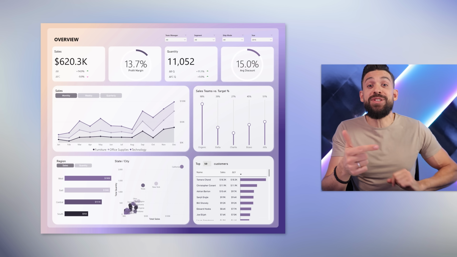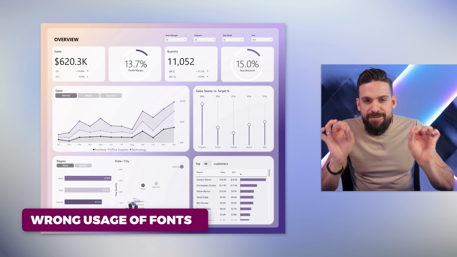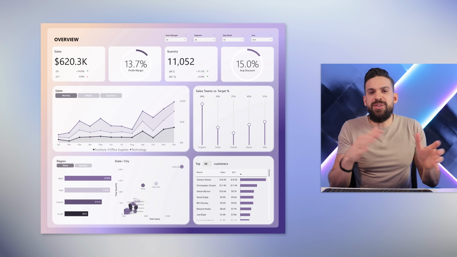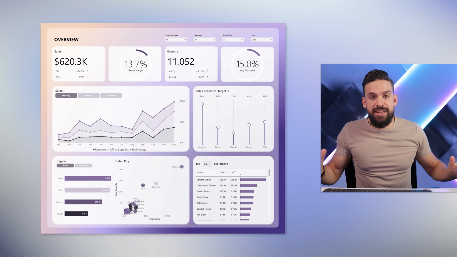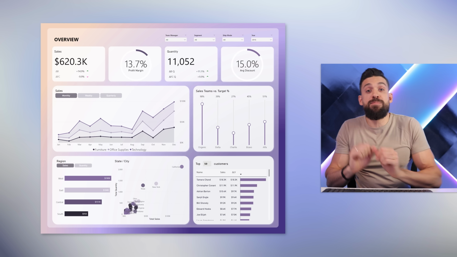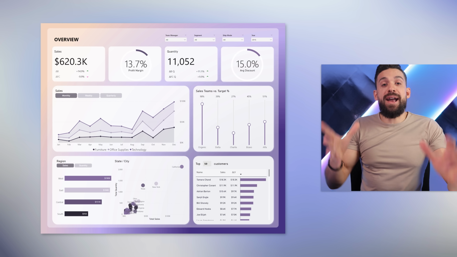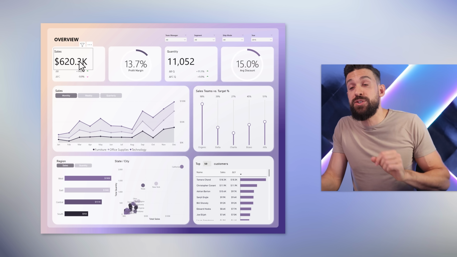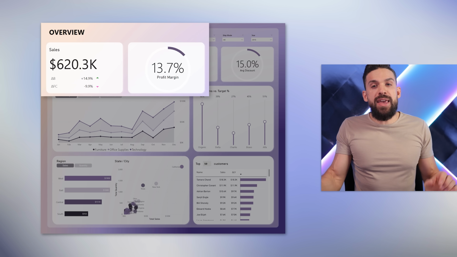Let's now go to design mistake number 3, wrong use of fonts, emphasizing the wrong things by how you use your fonts and also having weird proportions between your title, chart titles and legends, etc. Now, where does this report page go wrong? If we look here at the top of a report page and compare the values of our main metrics that are visualized in the card visual as well as inside of the donut visualizations,